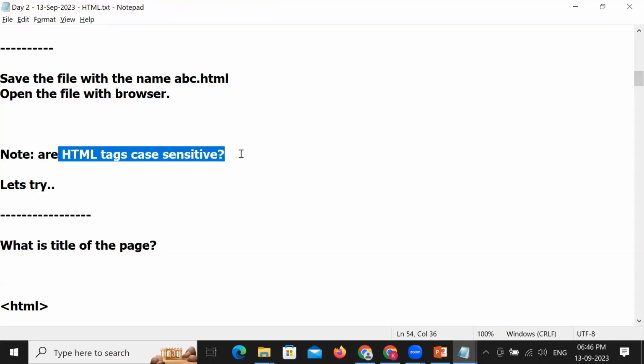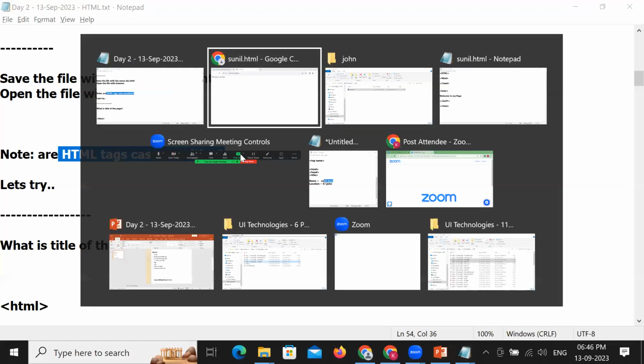No. You can write the HTML tags in uppercase. You can also write the HTML tags in lowercase. You can use a combination of cases. It does not make any difference. You can use any tag whichever you feel comfortable. Okay. Now,